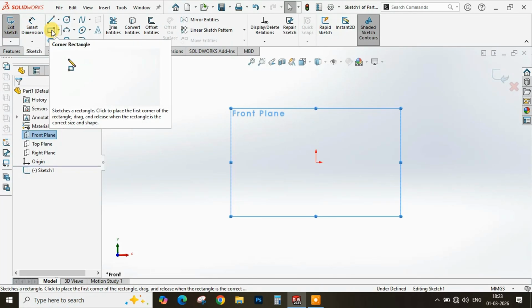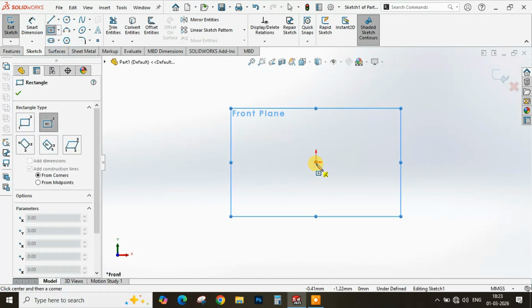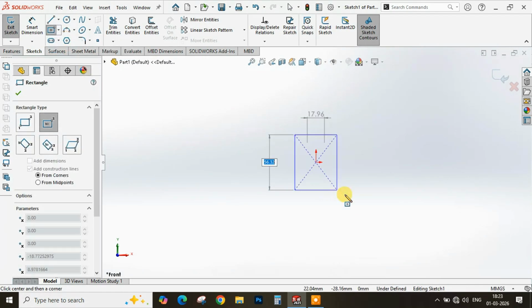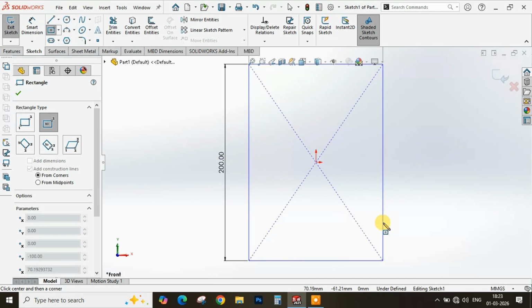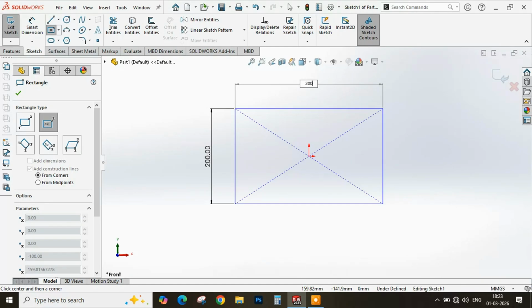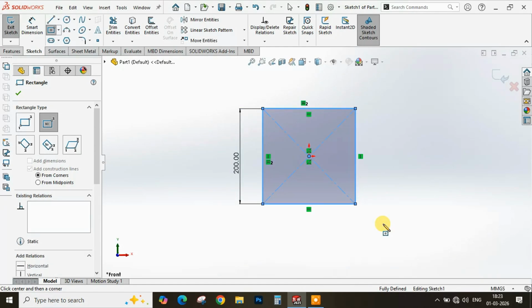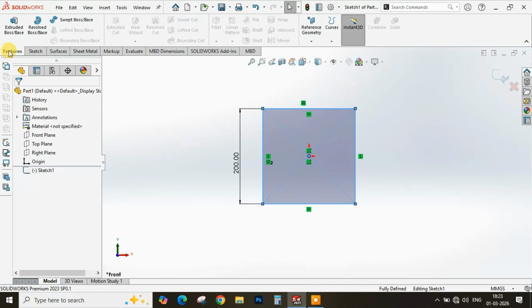Go to rectangle, select center rectangle, choose the origin point, make a rectangle of 200 mm, press tab, again enter 200 mm, press enter, click OK, go to features, go to extruded boss,